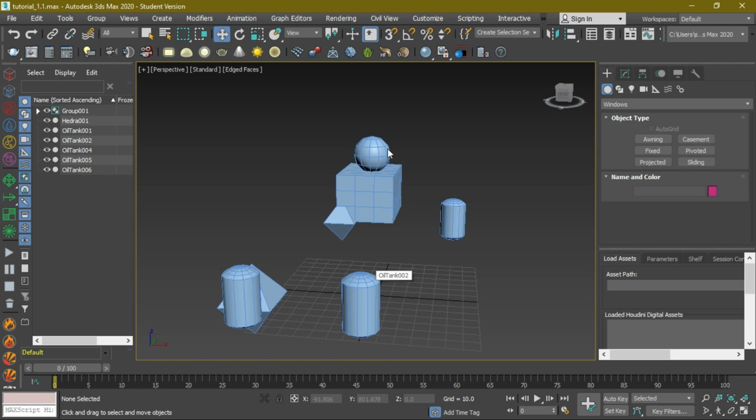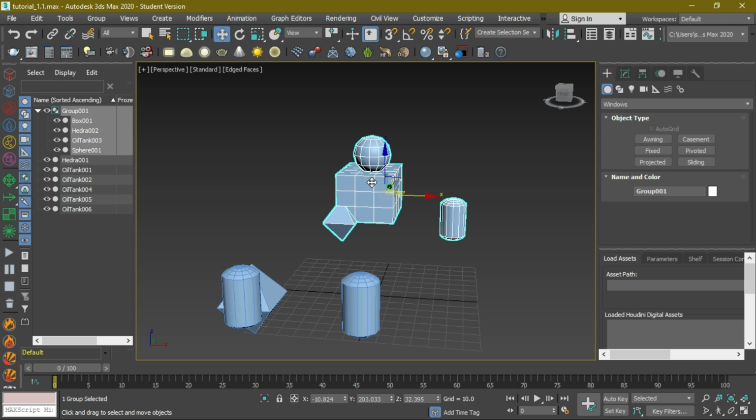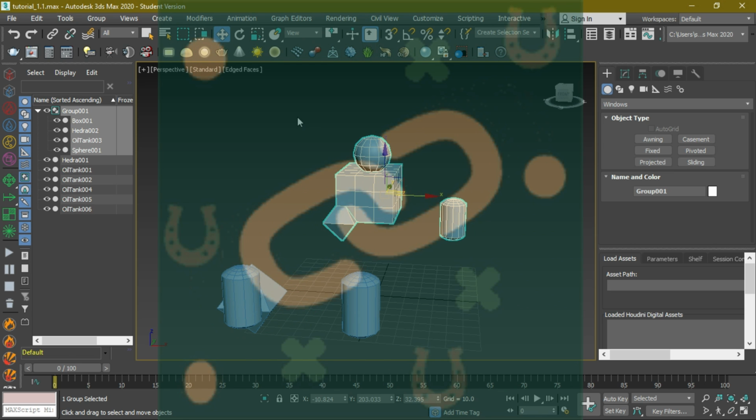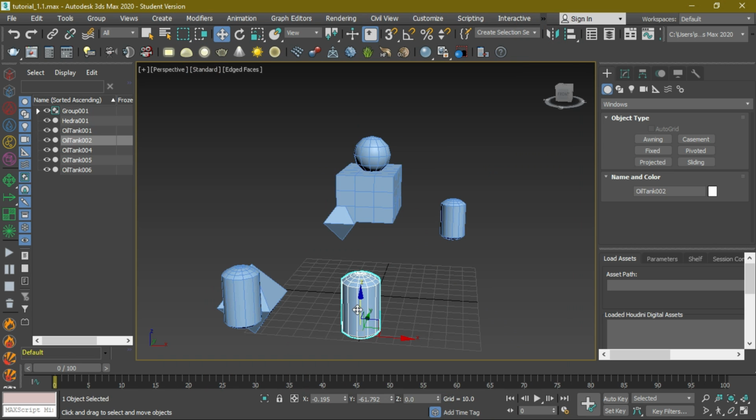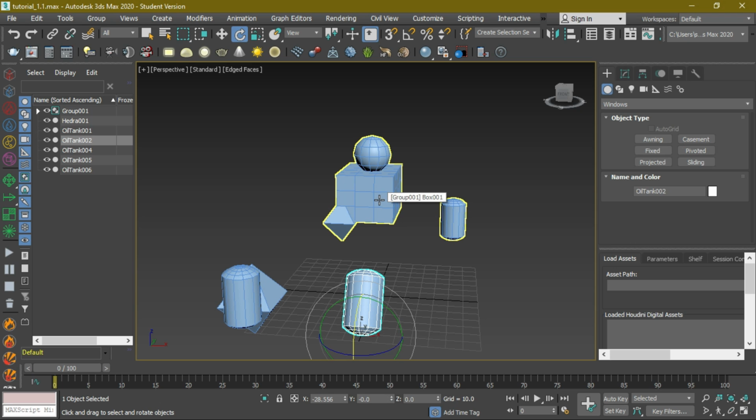Now that we have learned about the grouping, now we are going to learn about the linking. Let's say we have this oil tank and I want to link this Hedra to the oil tank. A linking process means this object is having some motion, like it is rotating or it is transforming. I want this to follow this object, like in the grouping as well, but in grouping one object cannot follow another object's motion. In the grouping, the rotation of a single object will not affect the rotation of the other objects.